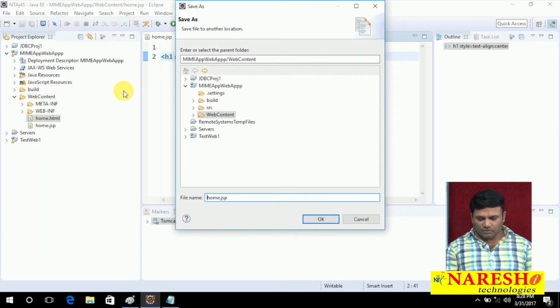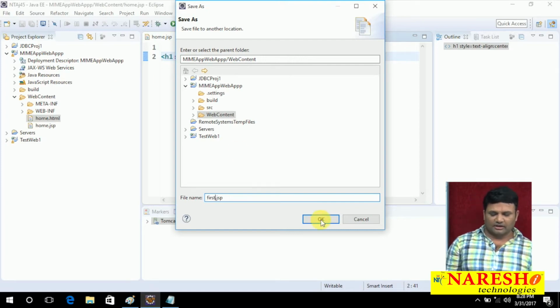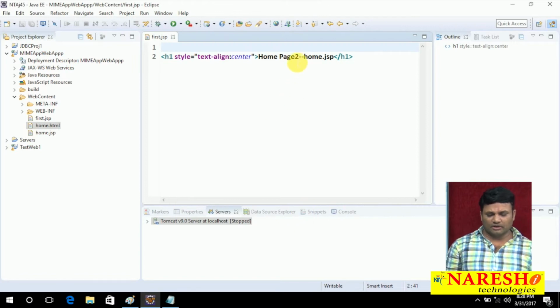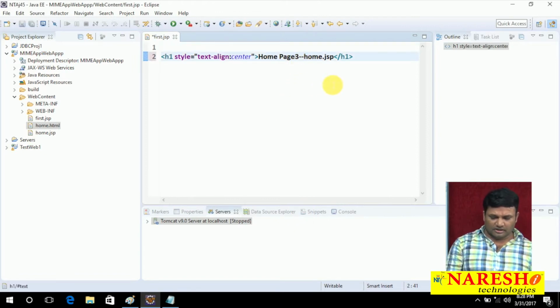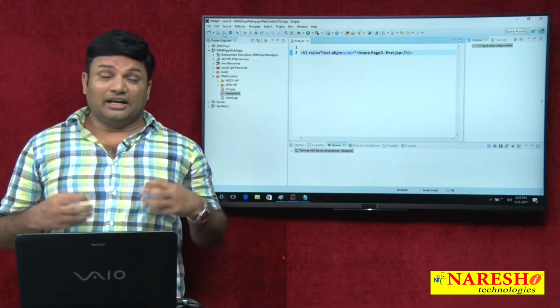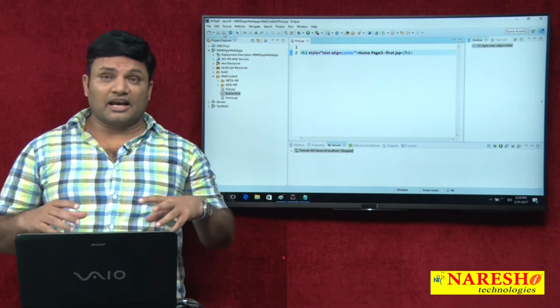I am taking one more file name as first.jsp. JSP also can have HTML code, no problem. Here it is 3, first.jsp. Listen carefully, though I developed 3 pages as welcome files,